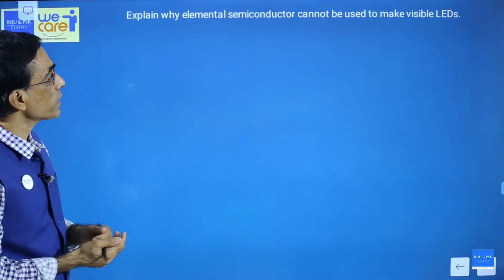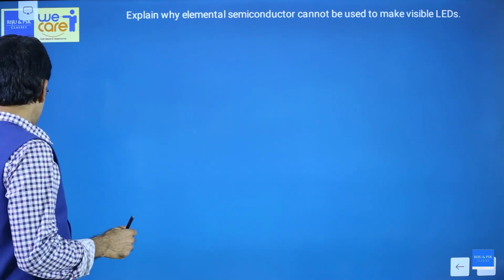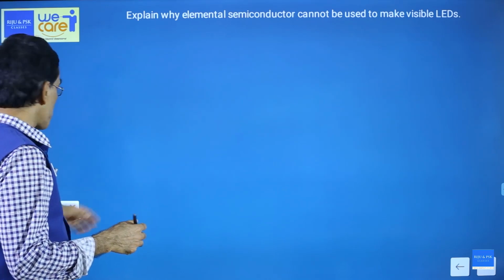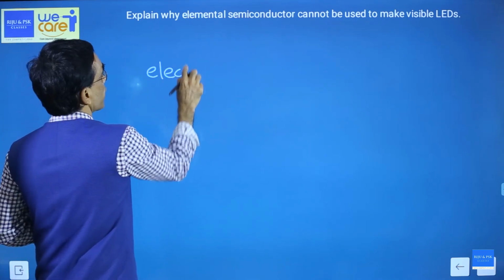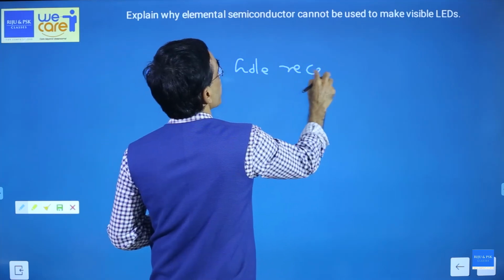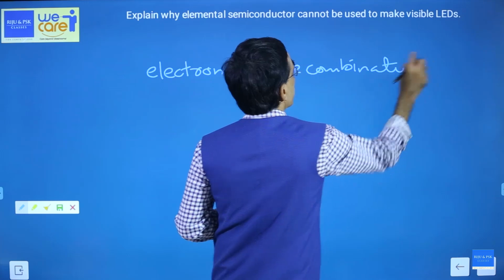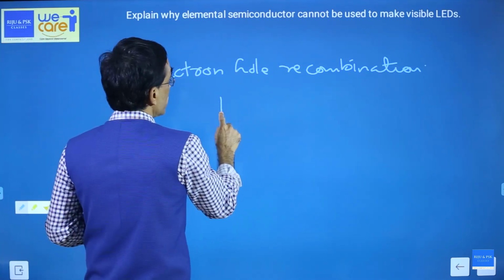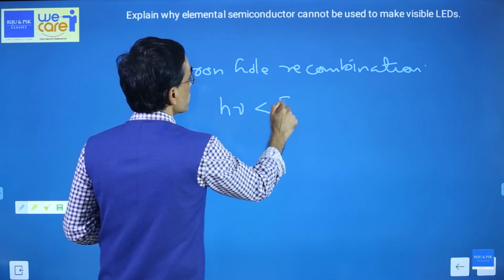Explain why elemental semiconductor cannot be used to make visible LEDs. The working principle of an LED is that it produces light by electron hole recombination. Electron hole recombination releases energy. How much energy? Energy of the photon emitted, h nu, will be a little less